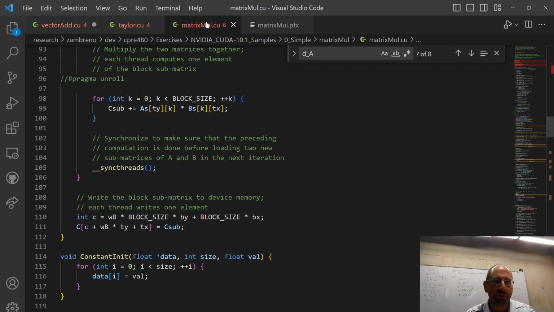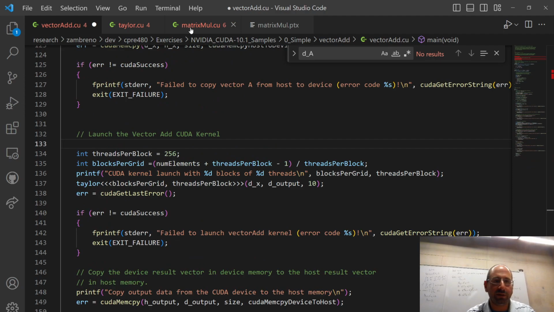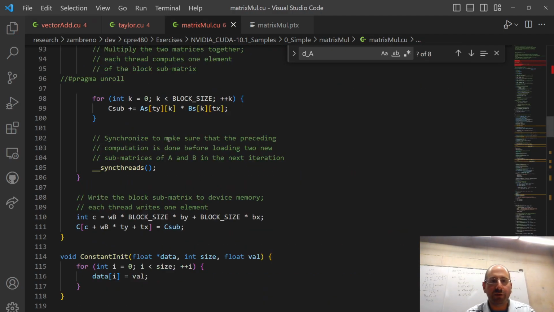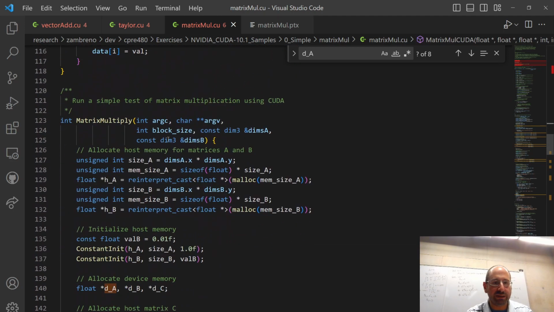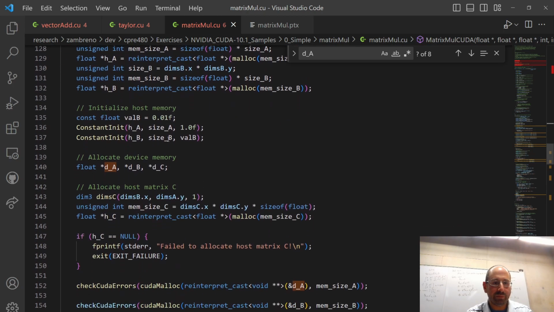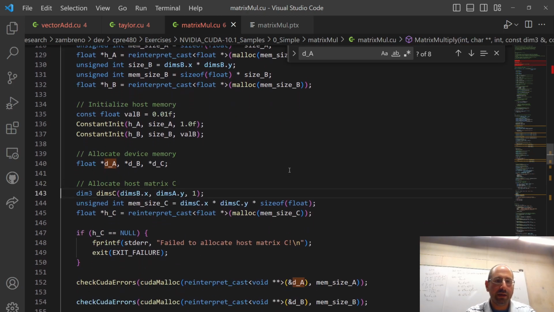I do have the matrix multiplication. Let's undo that before this doesn't compile again. I do have the matrix multiplication example. I haven't looked at it relatively recently here, but that should be doing a little bit of that. And in this case, it is kind of a three-dimensional layout here. We don't have to worry about all the syntax for this yet. We're going to go into this example in more depth, but it's specifying